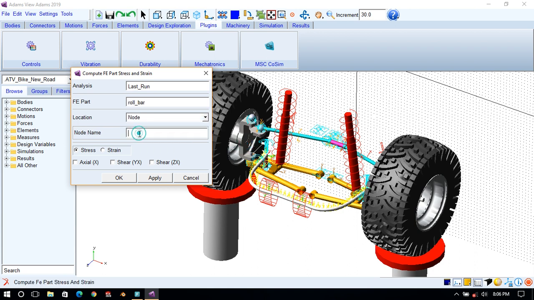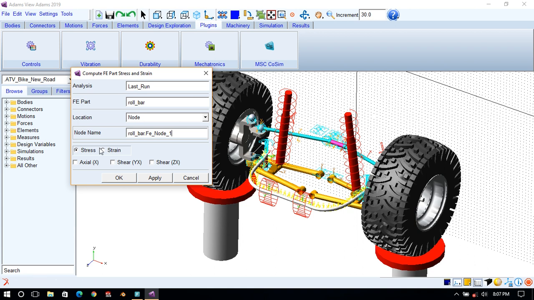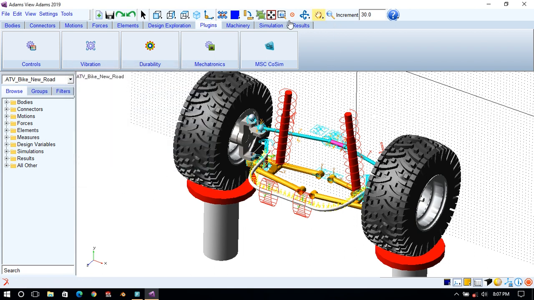Location is node, node name FE node. So you can choose any node. Let's say I will choose starting node 1, so we will choose only stress, let's say axial shear, this one. Okay, so go to the result tab, this one.